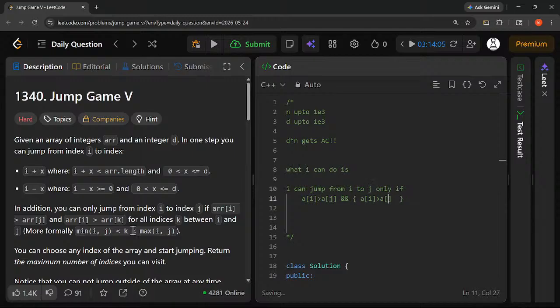A of K, J, assume it like all values between I and J. So I and K must be smaller than array of I, and array of I must be larger than every value in between. So it's jump. So basically what I can do is